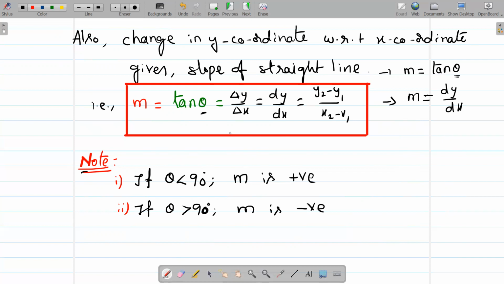If this angle is less than 90 degrees, or acute, then the slope m will be positive. Whereas if theta is greater than 90 degrees, or obtuse, then the slope m will be negative. Is that clear? With the help of these points, let us try to understand